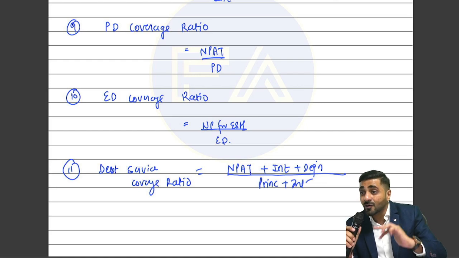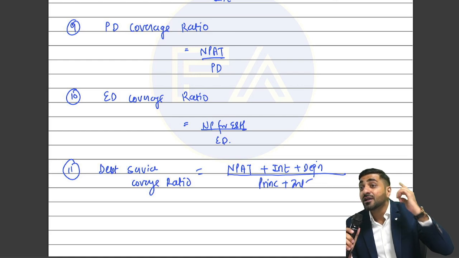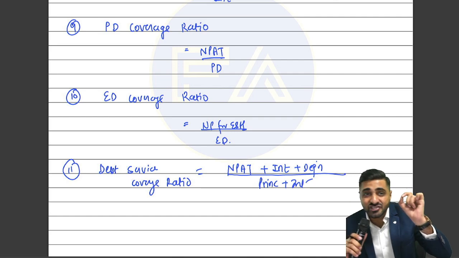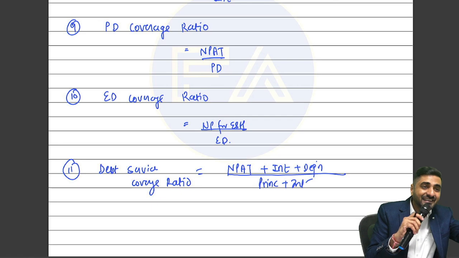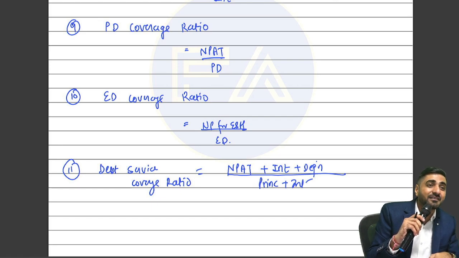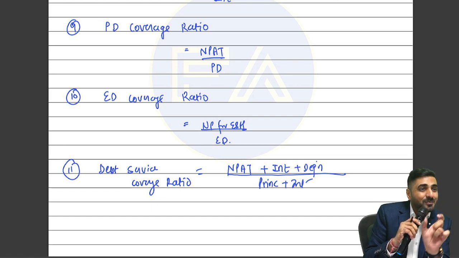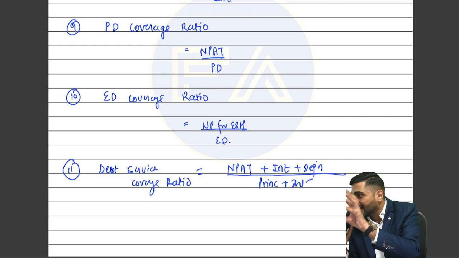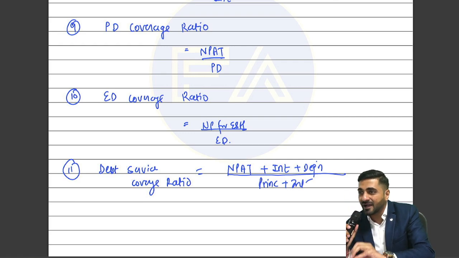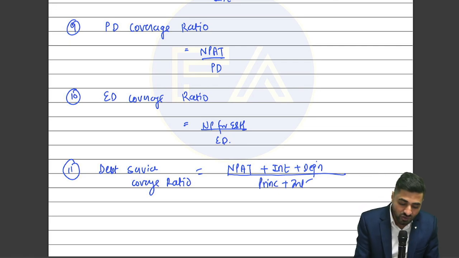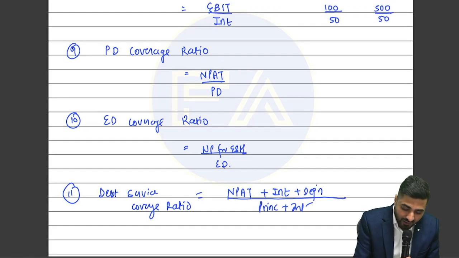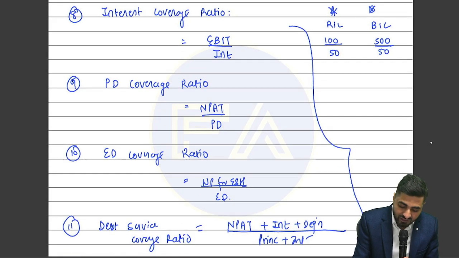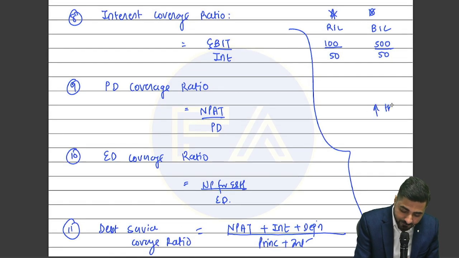higher? And how is it different from interest coverage ratio? Because in interest coverage ratio, we were just checking EBIT and interest. In this ratio, what are we checking, beta? Principal plus interest. That's why I'll take my profits, add depreciation, add interest, and divide that by principal. Got it? This ratio should also be lower the better or higher the better? Higher. All the coverage ratios should always be higher.